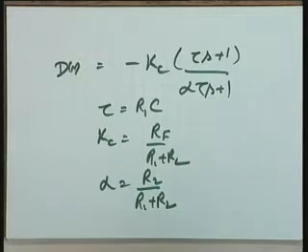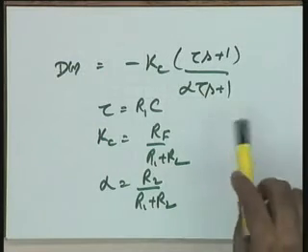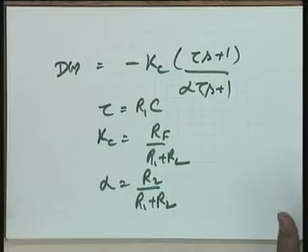So this is a typical op-amp circuit which is used to realize a phase lead network. Is it okay? Any question on this? This I hope you can very easily examine.